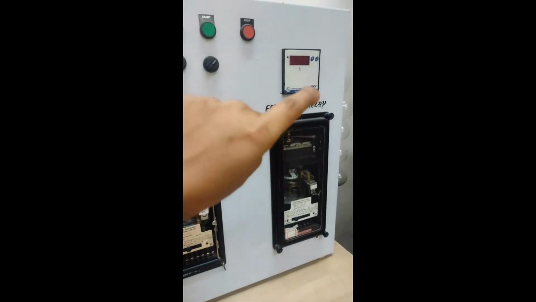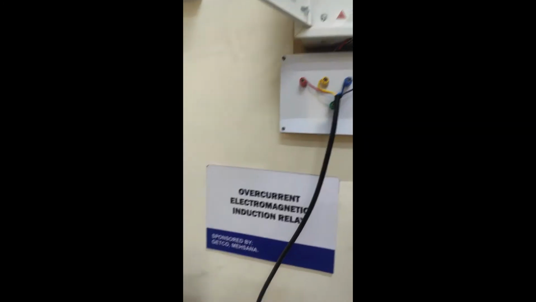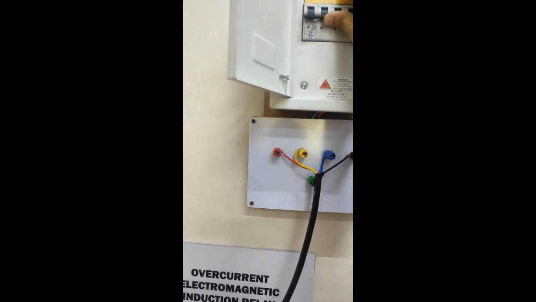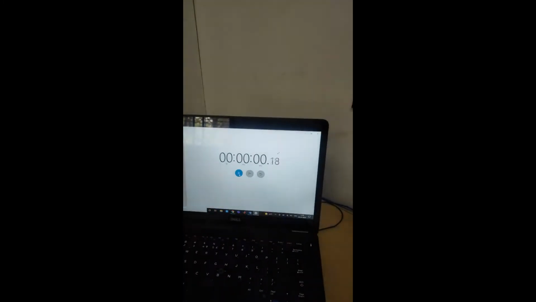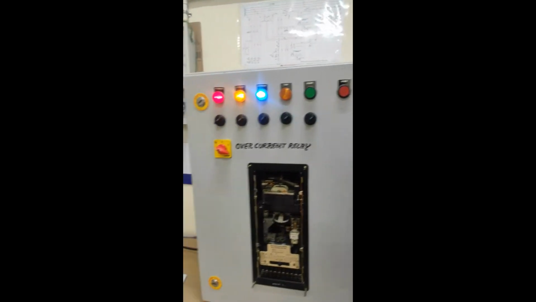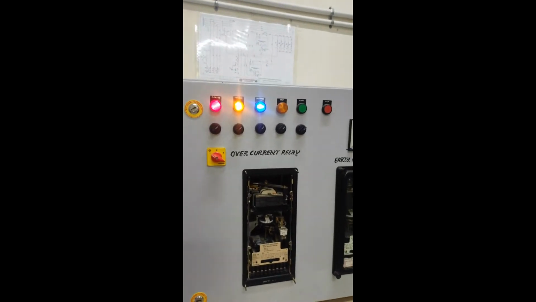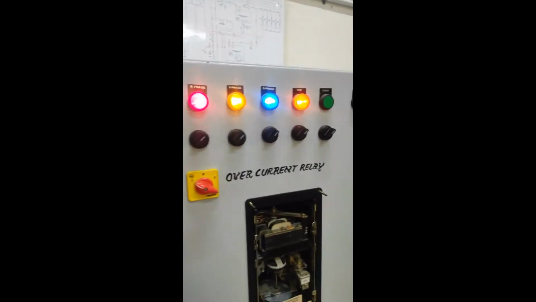So 1.5 is already set, and I am connecting this supply with this stopwatch in parallel. The stopwatch is already running, and 1.5 is connected. After some interval it will trip, and we have to measure the timing of this trip.